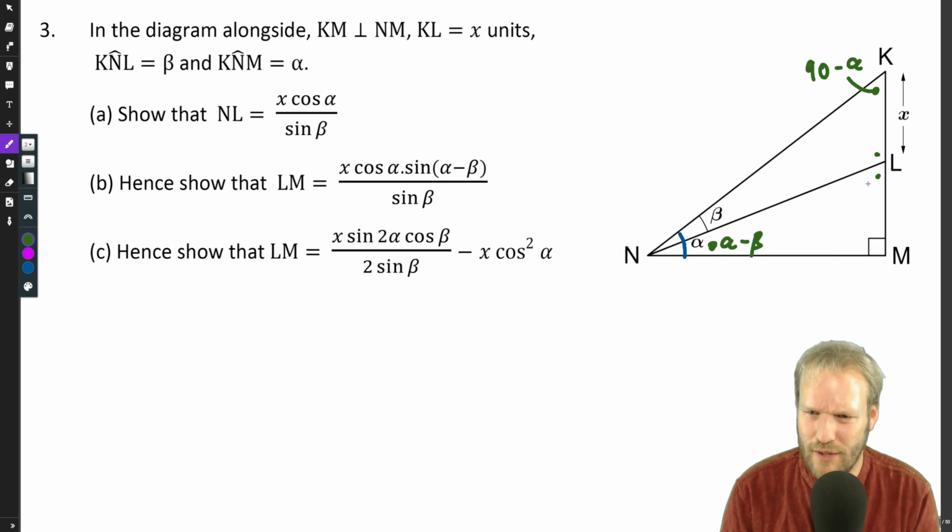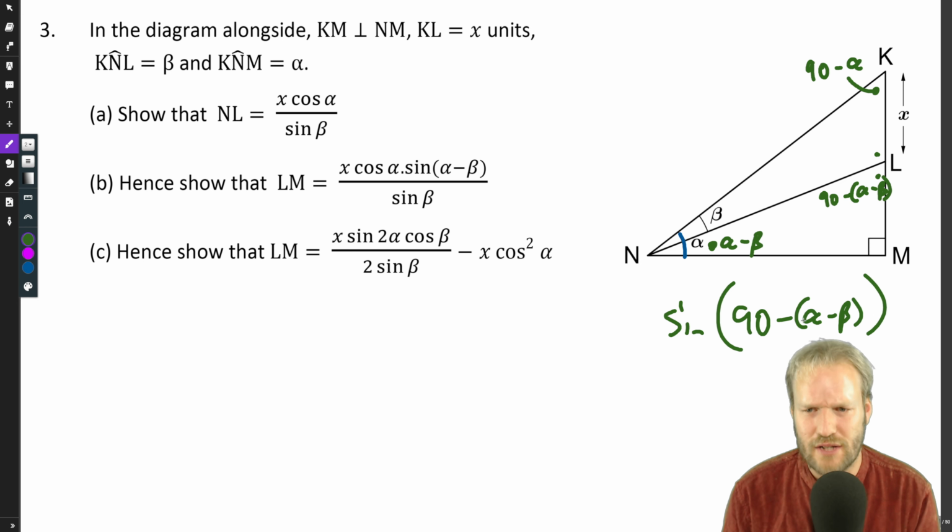I'm going to start with the bottom right here. This is 90. This is alpha minus beta. So we're going to need another alpha, and we're going to need to subtract alpha minus beta to find that angle. I'm leaving it in that form because if at some stage we're taking the sine of that angle, 90 minus alpha minus beta, then we'll go, oh wait, that's just a co-ratio. That's the same as cos of alpha minus beta. Okay, so that's why I'm leaving it as 90 minus and not distributing the minus in,